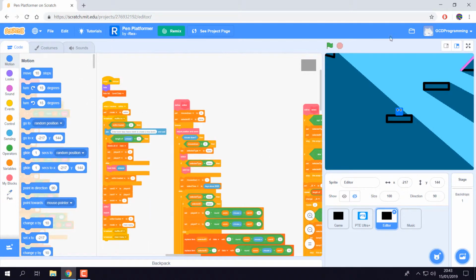But if we like the whole project, and I maybe just want to change the imagery that we have here, but keep the same game mechanics, I can click Remix. And what Remix will do is copy this project into my collection of projects to allow me to develop it, rather than editing that person's page, or rather than trying to copy and paste sections of their code out.